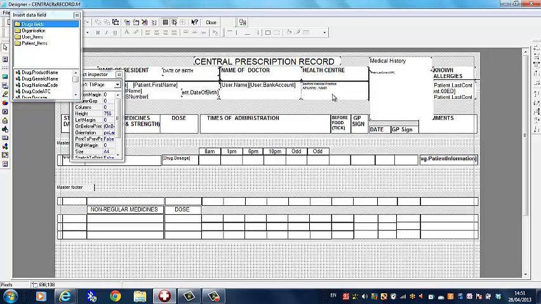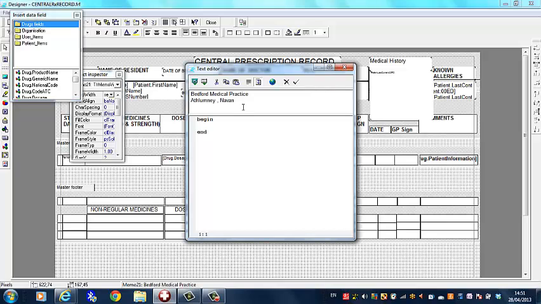A health center, however, is in a user specified directory, so you would have to edit this particular field by double clicking on it, highlighting it, and typing the name of your practice or location. I'm not going to change it at all here, but you can see how you would do that, and then tick